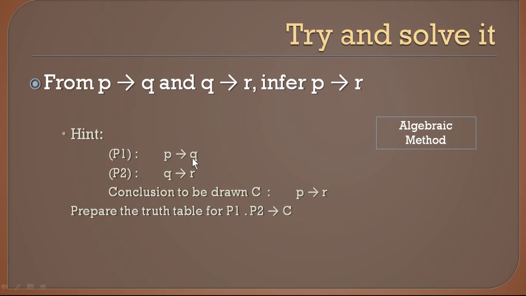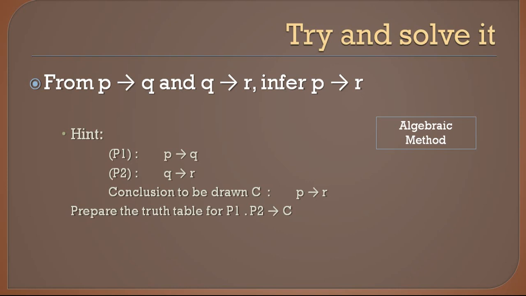The first step is to solve the first term, then solve the second term, and then combine them. After solving both, you have to write it as a full term, that is P implies Q dot Q implies R, then implies P implies R, so the first two terms should be within parentheses. Once you substitute P implies Q with P dash plus Q, you will get another term, Q dash plus R, for the other term. Now you can multiply and check how the left hand side can be solved, using the properties of 1 or the complementarity law.